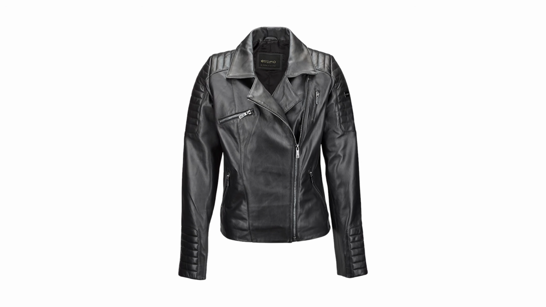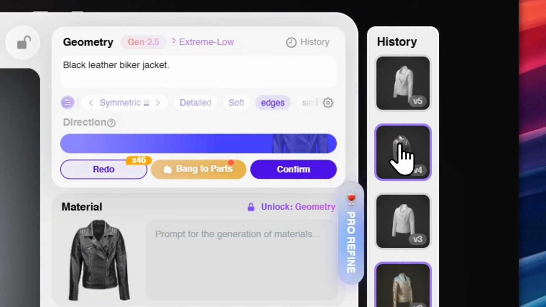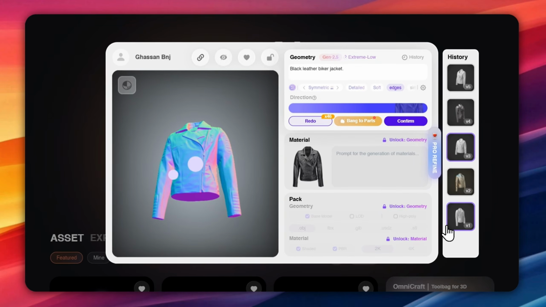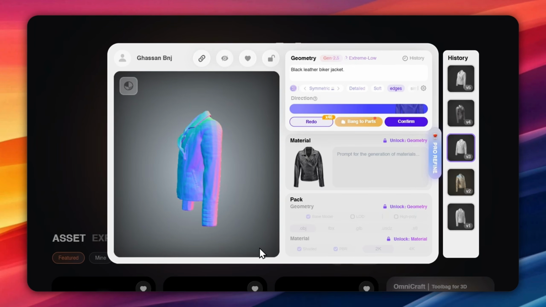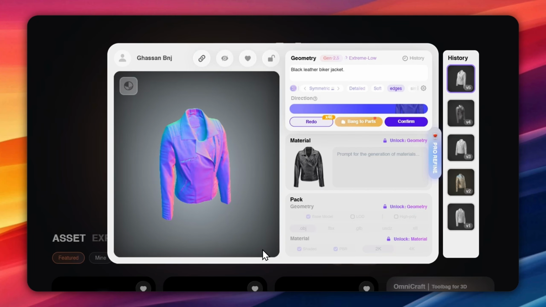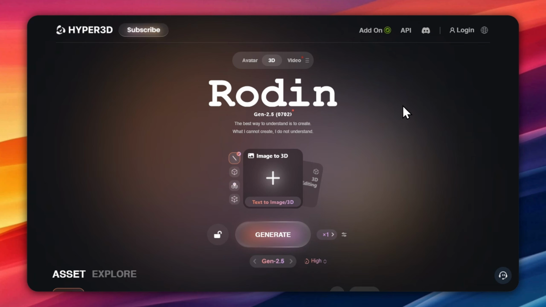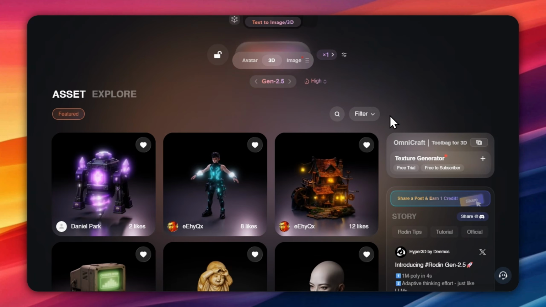Same reference image, 5 different generation modes, and the result can go from a fast draft in a few seconds to a high-detail 3D asset with millions of polygons. Today on Eisen Tools, I'm testing Hyper3D Rodin Gen-2.5, and I want to see how much the generation setting actually